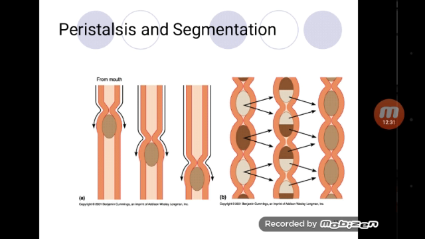The next movement is contraction of the muscularis mucosa. This contraction occurs irregularly, so it alters the patterns of the mucosal folds. Contraction occurs at a frequency of about 3 per minute. This contraction helps in mixing the luminal contents and also bringing the fresh chyme in contact with the mucosal surface.